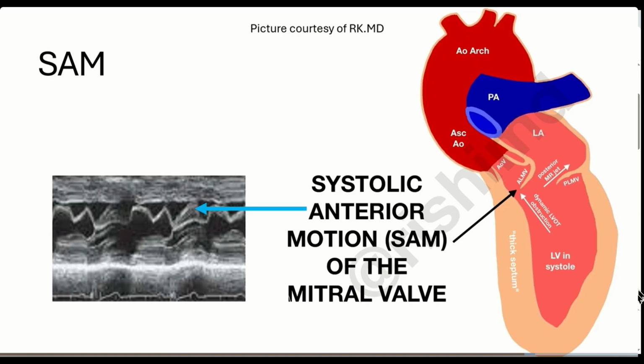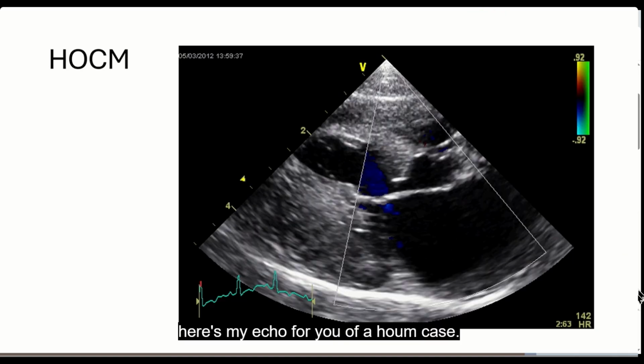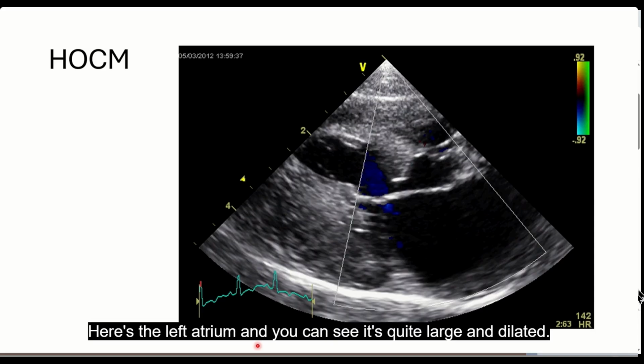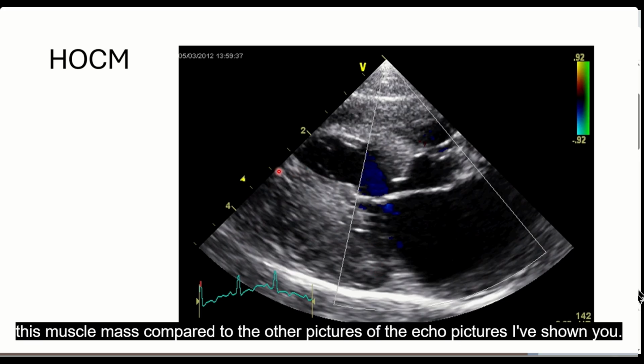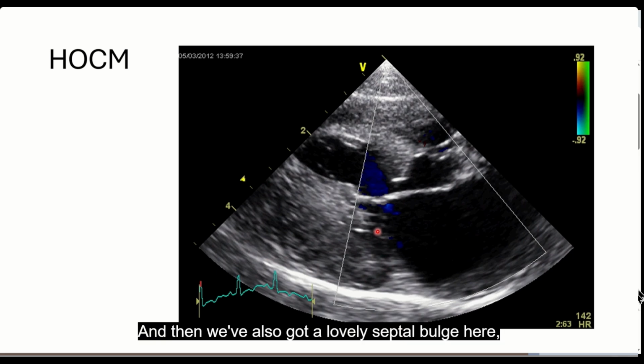Okay, here's my echo for you of a HOCM case, and just to go through the structure here, put my laser on. Here's the left atrium, and you can see it's quite large and dilated. Here is the left ventricular free wall, and again you can appreciate the size of this muscle mass compared to the other echo pictures I've shown you. And then we've also got a lovely septal bulge here, and then this is the mitral